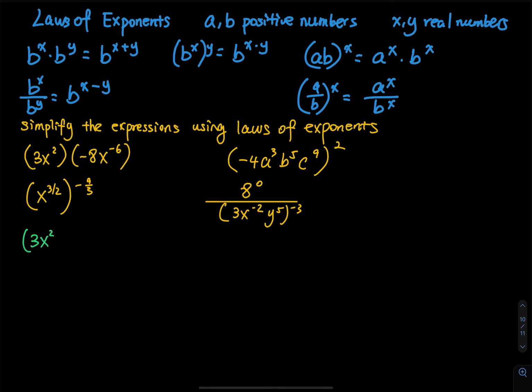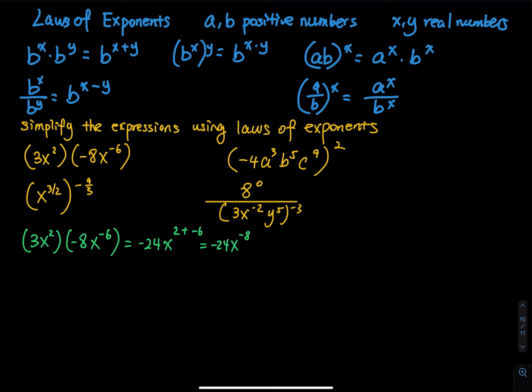3x squared times negative 8x to the negative 6. So first of all, we can multiply the numbers. So 3 times negative 8, that is equal to negative 24. So for the x, they have the same base. And then that is x squared times x to the negative 6. So you can do x to the second power plus negative 6 power. So that is equal to negative 8, right? So that is equal to negative 24 x to the negative